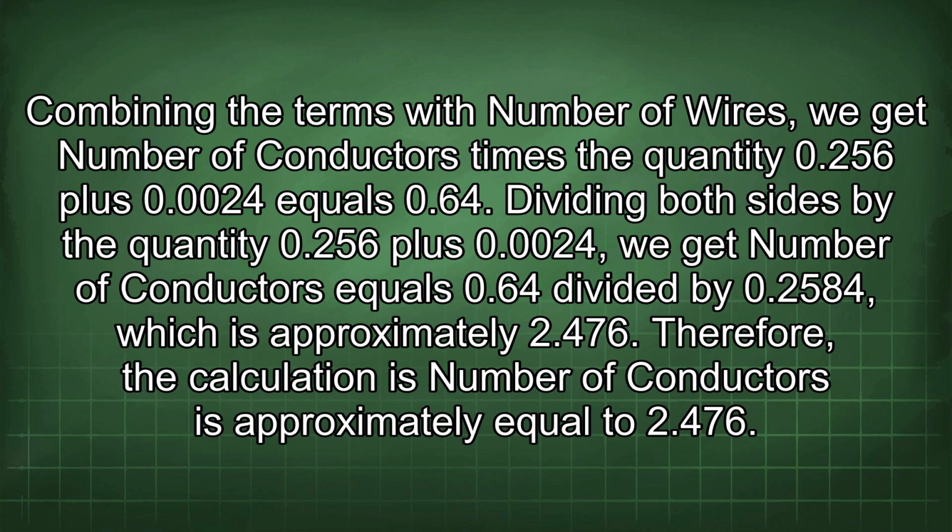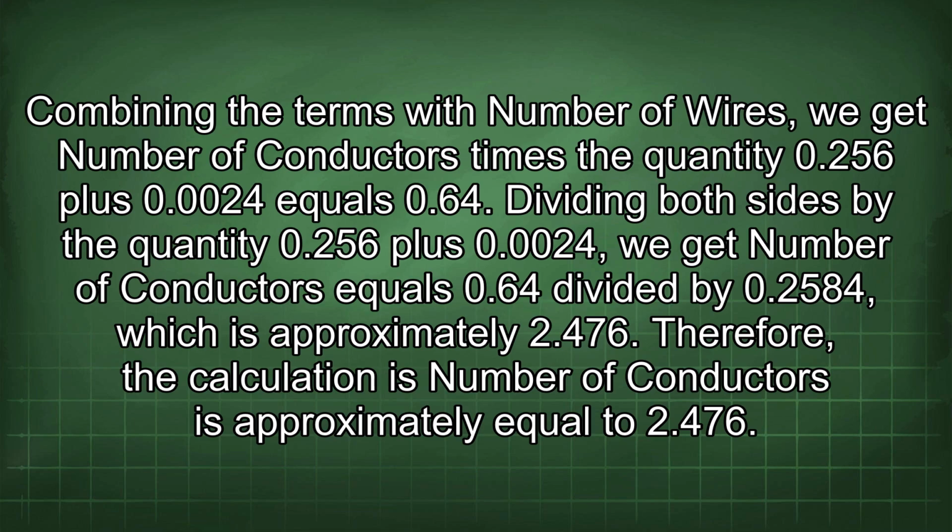Combining the terms with number of wires, we get number of conductors times the quantity 0.256 plus 0.24 equals 0.64. Dividing both sides by the quantity 0.256 plus 0.24, we get number of conductors equals 0.64 divided by